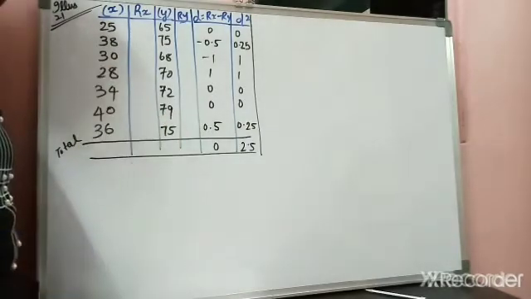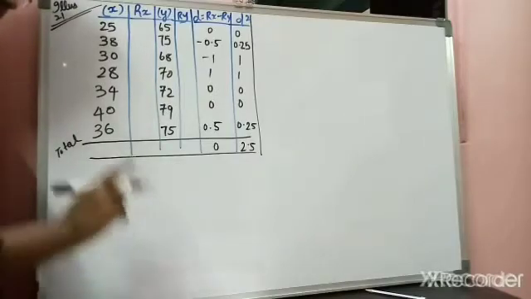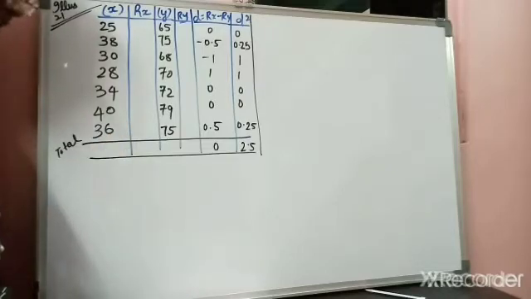Okay, now let's calculate one more sum, that is illustration number 21 on page number 92 of your textbook. It is saying, calculate the rank correlation coefficient using the data given in illustration number 5. So your data has been given in illustration number 5. So now let's read out illustration number 5. It is saying, the following information is collected by taking a sample of 7 candidates.